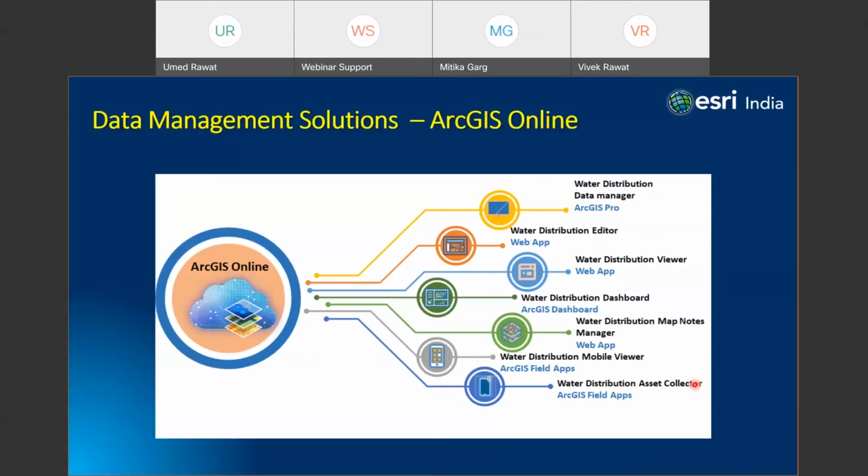The ArcGIS Online based solution is basically a SaaS based solution. It is useful for the smaller utilities, or utilities which are very new or just starting with GIS. The AEC firms can also benefit from that. They can map all their assets as simple features of single point, line, and polygon. And these solutions are very easily deployed in 2 to 3 minutes, and you can get access to that.